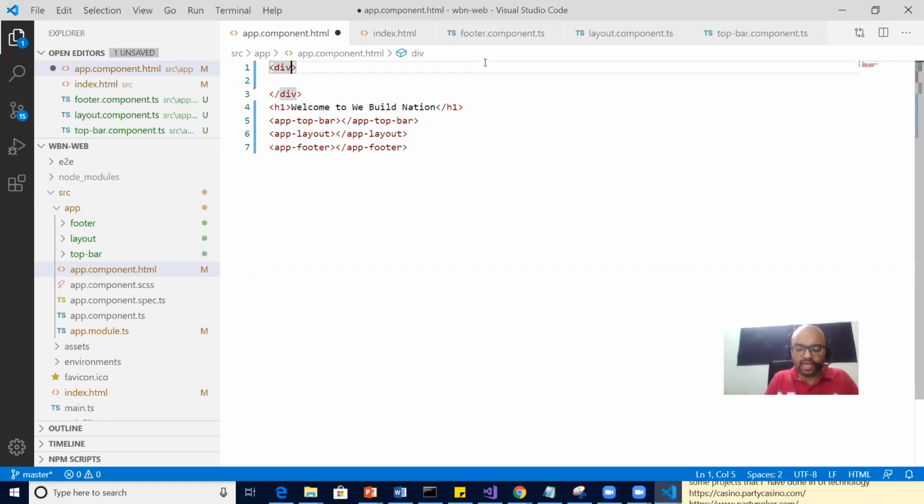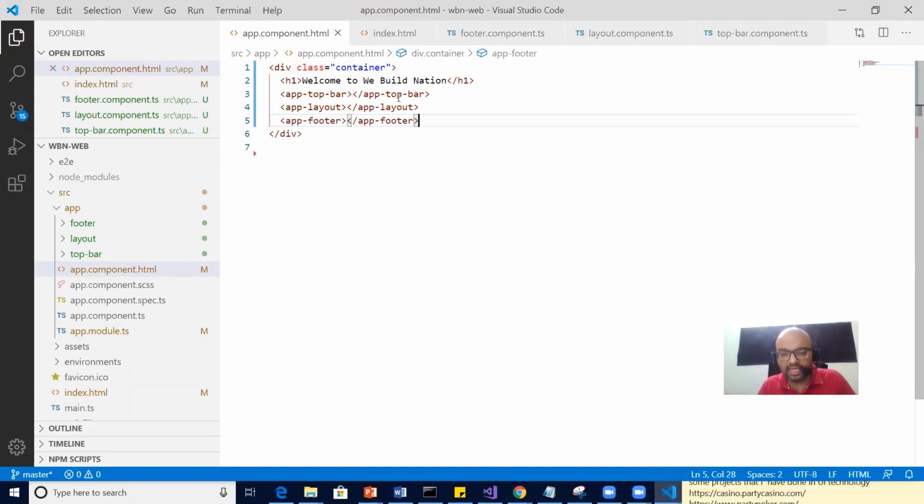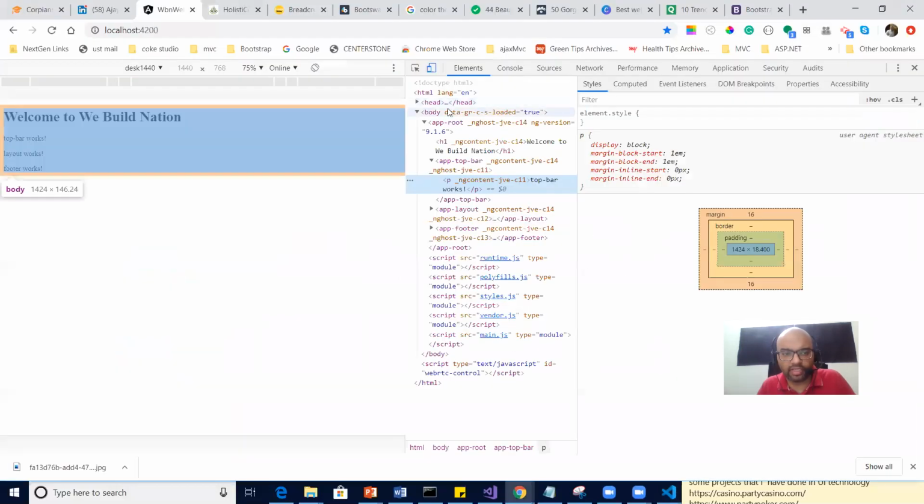In the div I say class container. It is a Bootstrap class. Or let's put container first and put all these things inside the container. So container is a Bootstrap class. Let's see, is Bootstrap loading or not in my project?